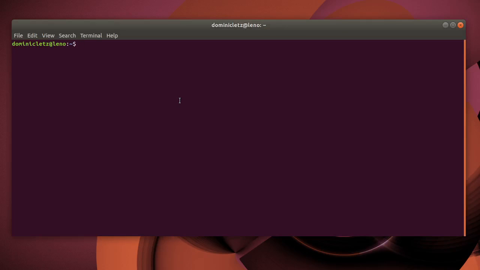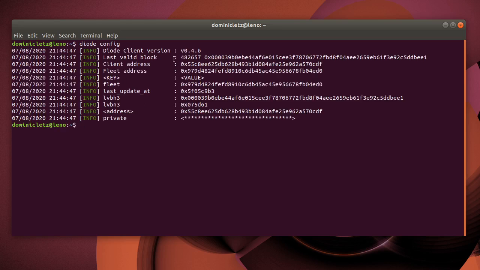I want to show you real quick our newest version. If you're not on this version yet, you can check with diode config and it will print out your version. I'm actually already on 0.4.6. If you're on an older version, you can force install the new version with curl -Ssf